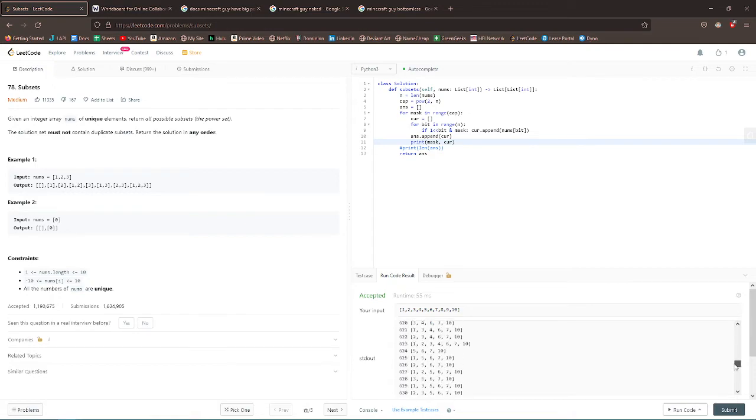So if we scroll down to a random point, let's go to 512, because that should have one element. Because what this is saying is 0, 1, 0, 0, 0, 0, 0, 0, 0, 0. So this is only going to contain 10. And then we can see, oh, 513,